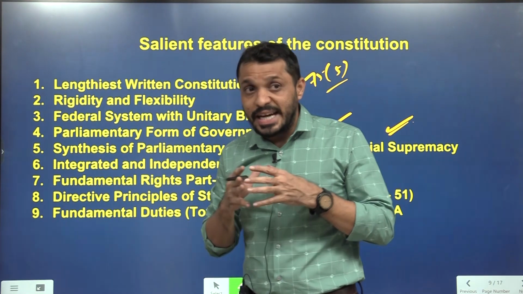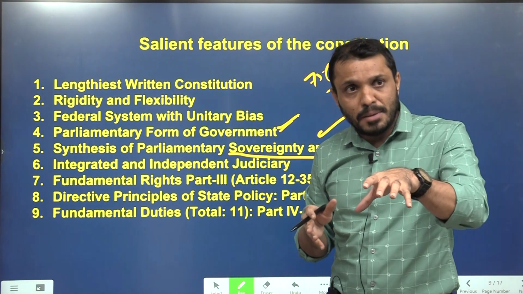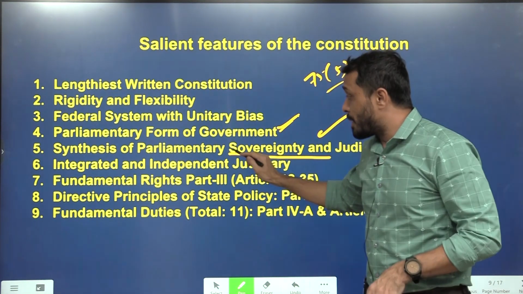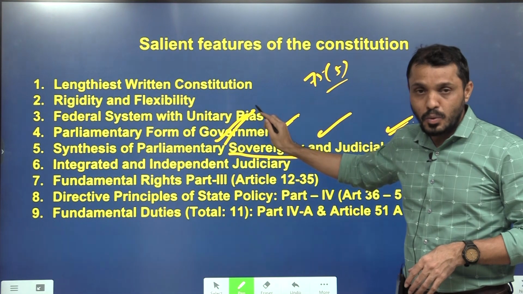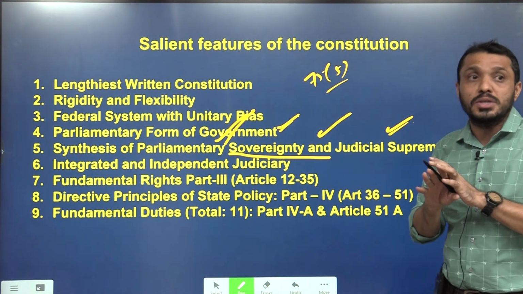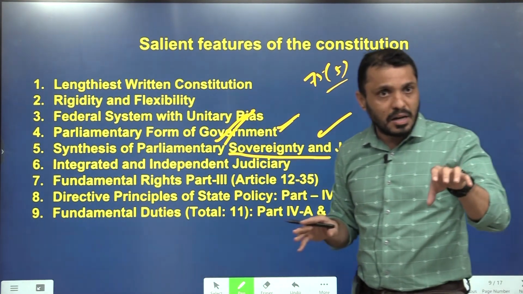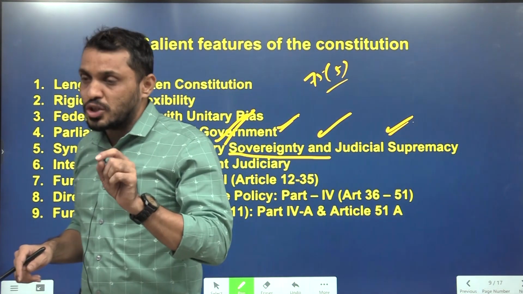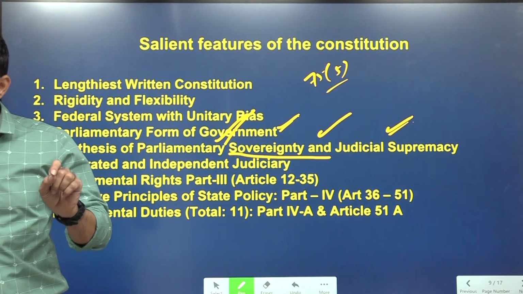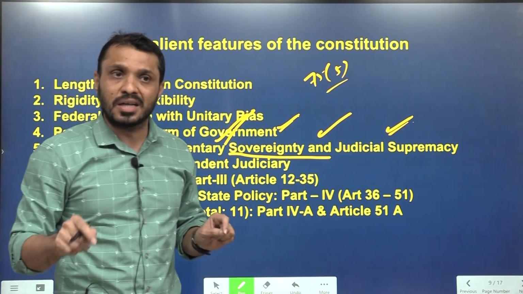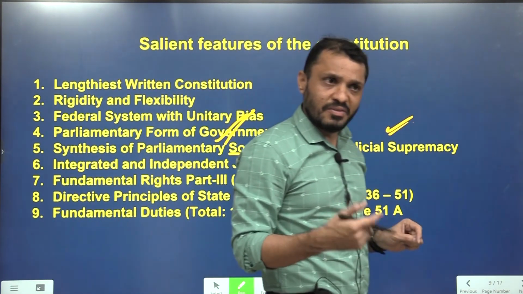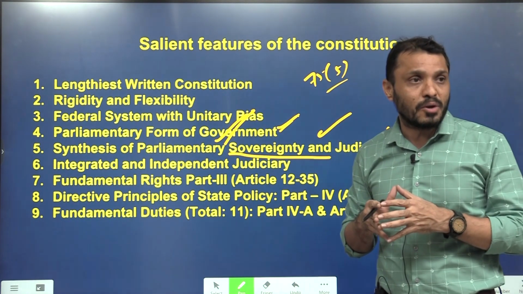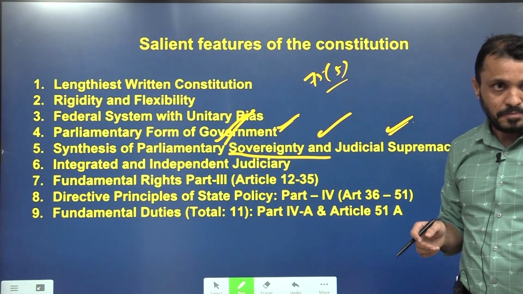The main difference between India and Britain is this. Britain follows the parliamentary form of government, India follows the parliamentary form of government. But in Britain, parliament has absolute sovereignty, whereas in India, the parliament doesn't have absolute sovereignty. In India, all parliament actions, whatever laws are made by the parliament, are subject to judicial review. Even though the word judicial review is not explicitly mentioned in the Indian Constitution, inherently it is present in the form of Article 13, Article 32, Article 131, Article 137. These are the range of articles which provide for judicial review indirectly.